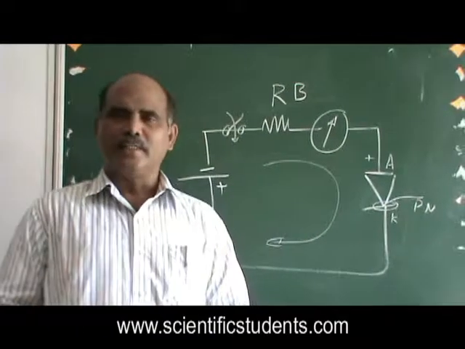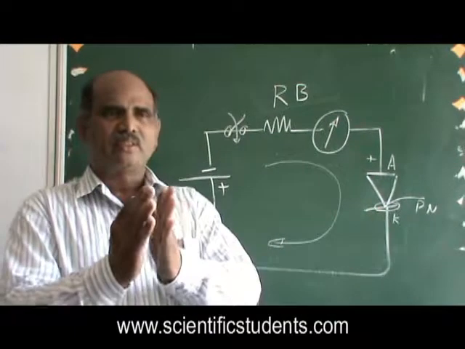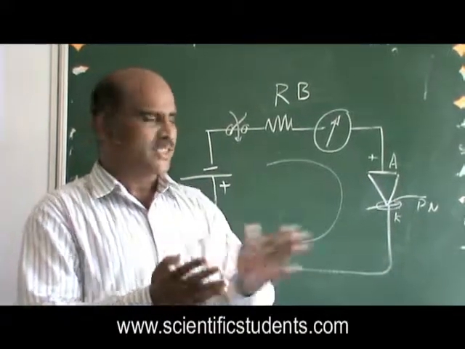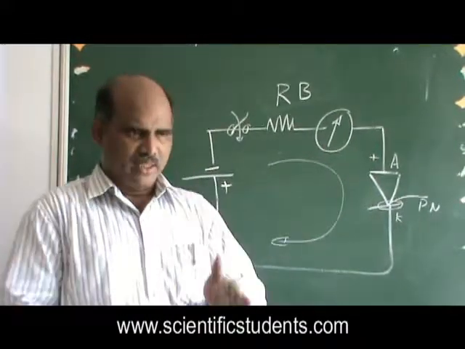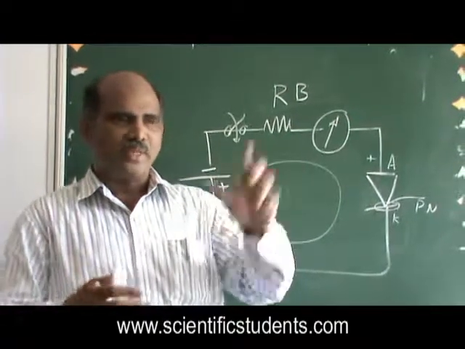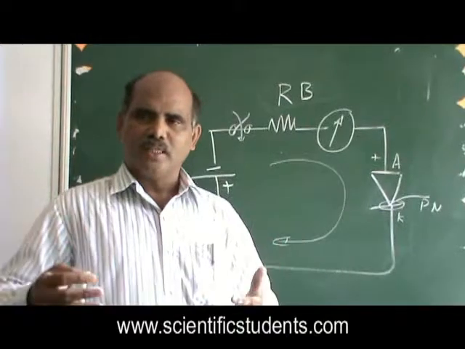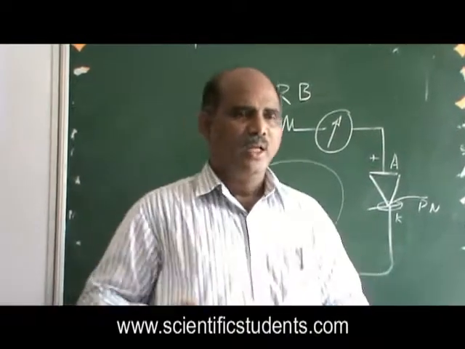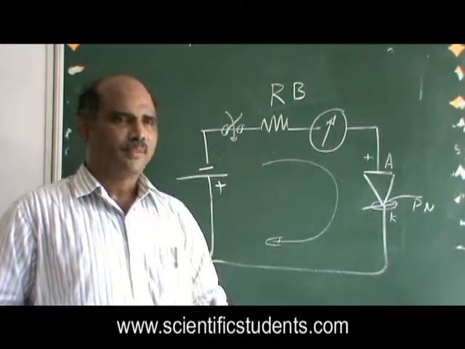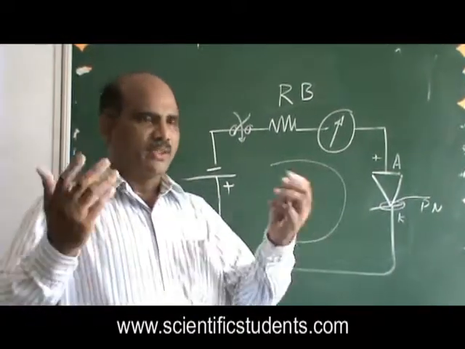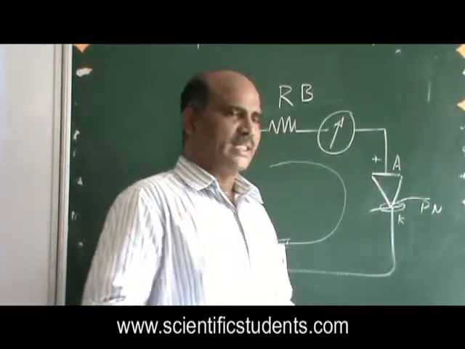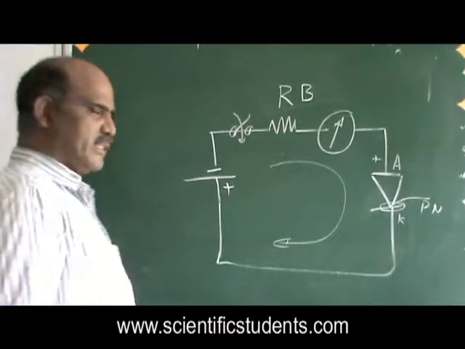So in reverse bias condition, if someone asks why current is not allowed in the diode, you can tell them that the depletion region thickness goes so high that the internal resistance of the diode goes high. If the resistance in the circuit is high, the current cannot go, because for current to flow freely the resistance of the circuit must be low. But here the diode's internal resistance is so high, it's not allowing current. Okay, my dear friends? That's where it blocks current in reverse bias condition.